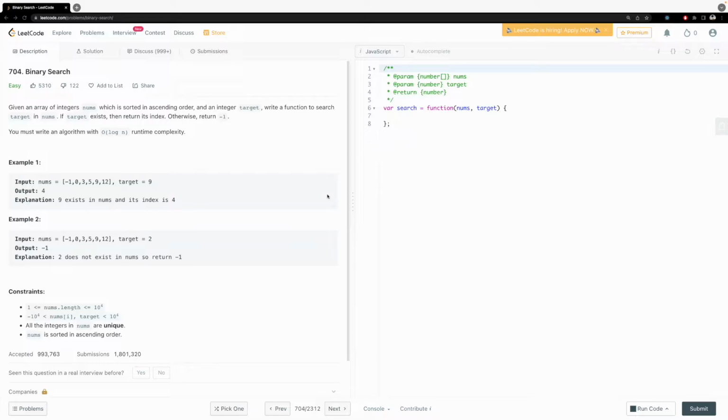So they're giving us two arguments, right? The first one is an array of numbers known as nums, and they're giving us a number, which is target. Now essentially they want us to find target in the array nums. Now you may think, well, we could just iterate through each of the values and return whatever index